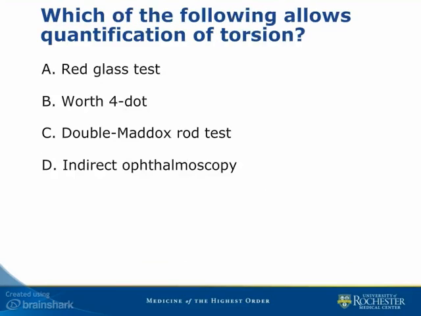Third question, which of the following allows quantification of torsion? A. Red glass test, B. Wirth-Ford dot, C. Double Maddox rod testing, or D. Indirect ophthalmoscopy. Go ahead and pause. The correct answer is C. Double Maddox rod testing allows you to quantify torsion. Indirect ophthalmoscopy can allow you to detect torsion, but doesn't allow you to measure it unless you have a protractor in front of your lens,